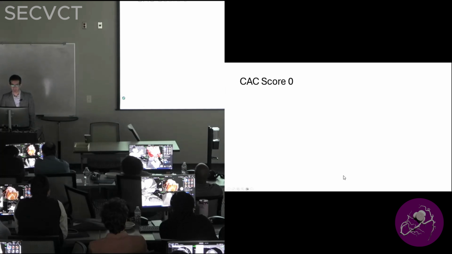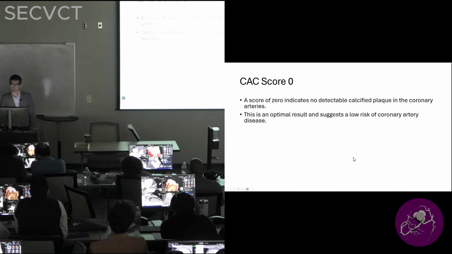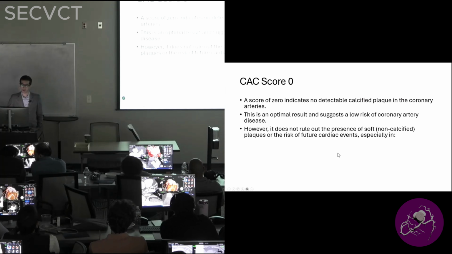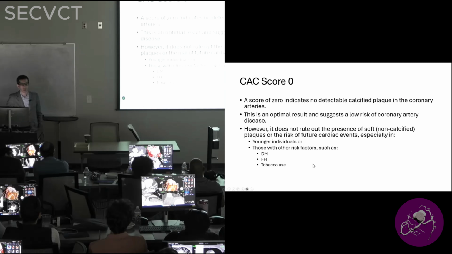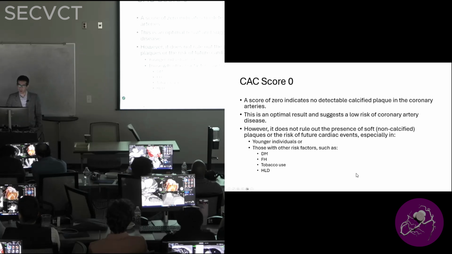So just to point out to you again, we talked about this in the morning. This lesion was purely non-calcified, as you saw. I mentioned the power of 0 applies for the public level and individual level. However, there's some risk factor you have to really keep in mind. One of them is the FH. I think we are not doing enough screening with lipoprotein A, ApoB, and I think that's something to keep in mind,